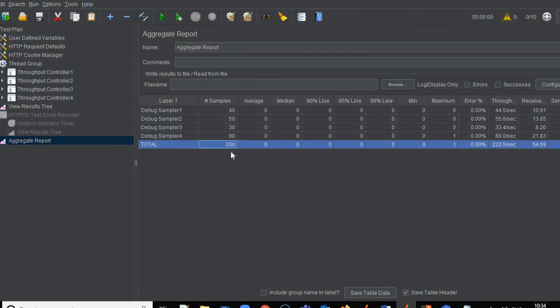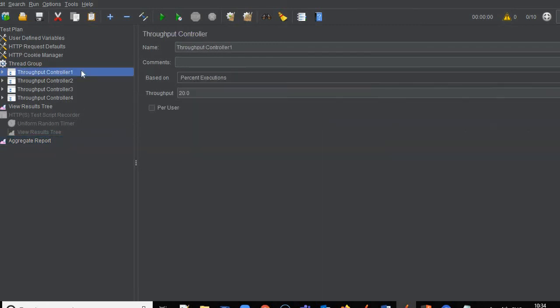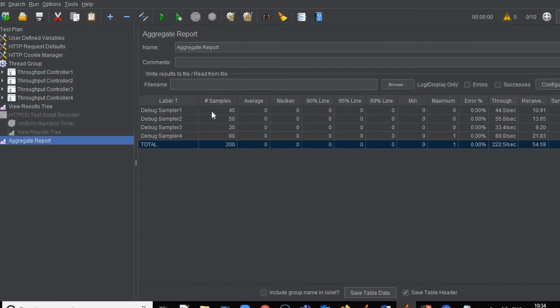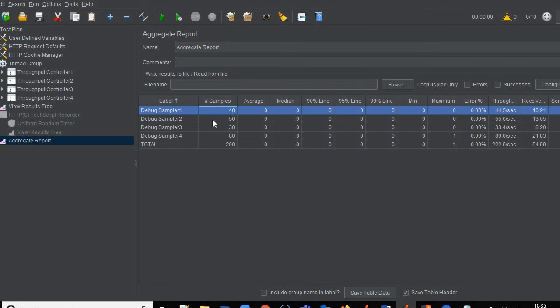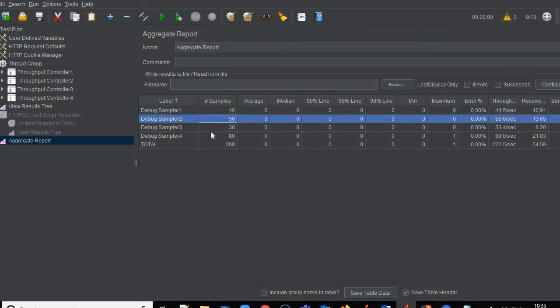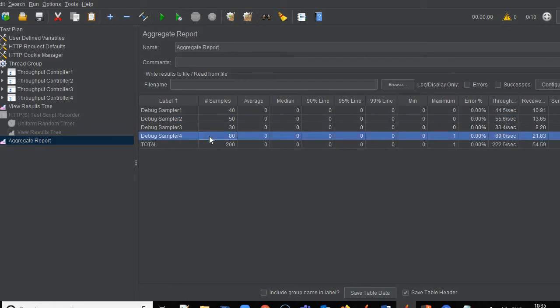And from those 200, 20% is 40, 25% is 50, 15% is 30 and 40% is 80.